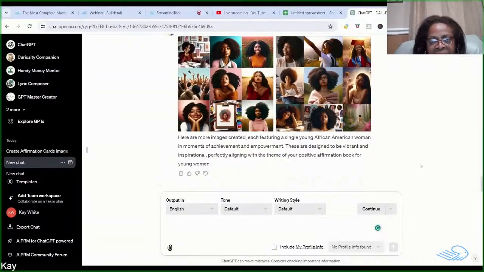It still isn't giving it to me. I want DALLE to take the images from the group shot. Let's see. I'm going to say,